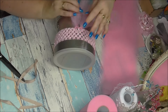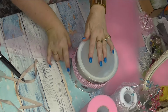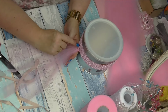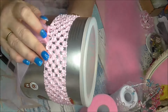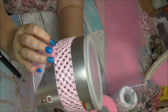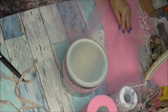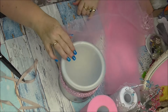And then you just don't pull it tight. There's no need to pull it really tight. Okay, so then we've got our next layer. So when I do the next row I'm going to do this in this hole here, sort of like the opposite square. So I'm going along the bottom row here, so when I start the next one it will be in the next row, and I will do that just a little bit shorter, and that way that makes the skirt stand out a bit more. It makes it fuller, more ballerina style. Okay, so again,